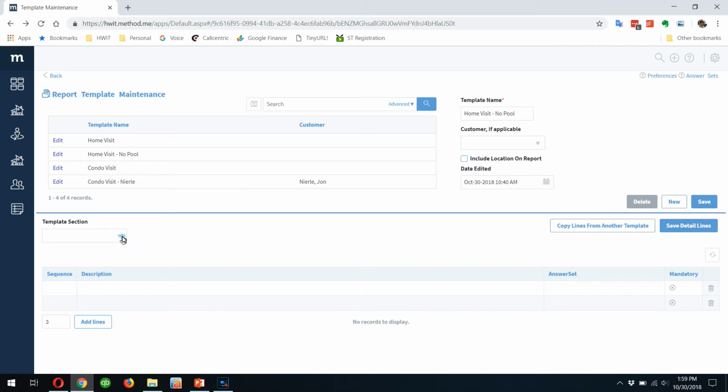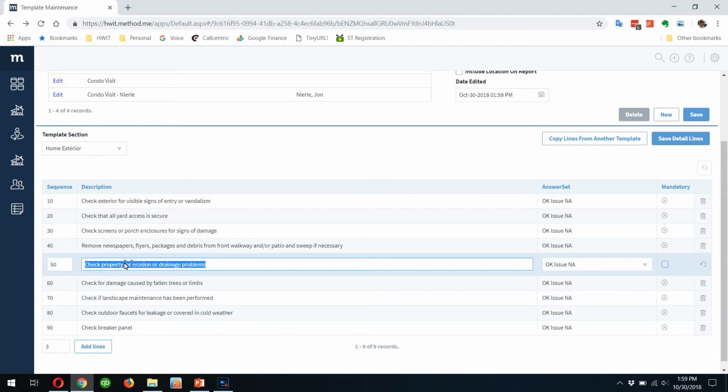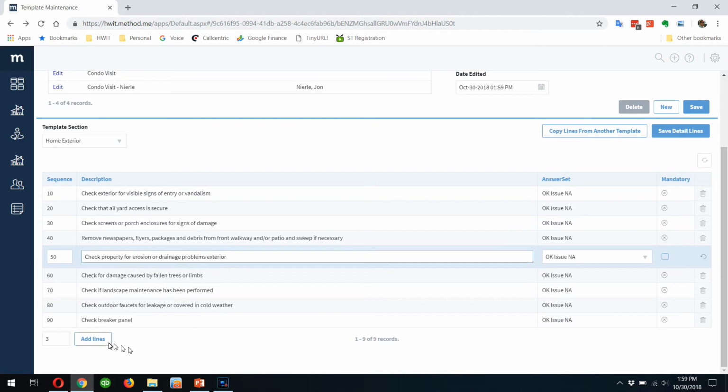Let's say that we want to go down and make some changes to the exterior section. So I'm going to pick exterior, and this will bring up all of my exterior questions. If you need to make a change, if there's a spelling or something, you can come in here, click into here, and just change or add whatever you need to do within that particular item. If you want to add lines, you can use the Add Lines button, and it defaults to adding 3